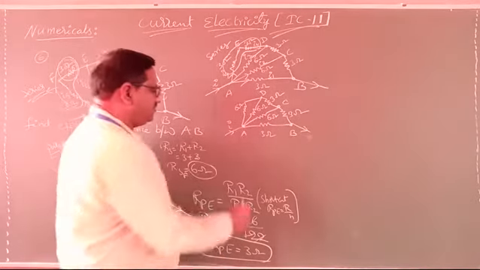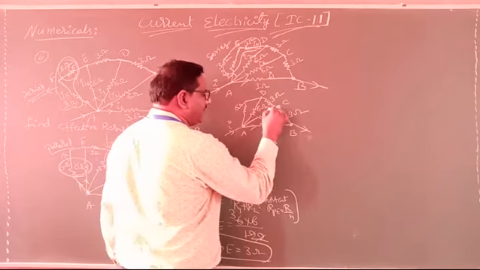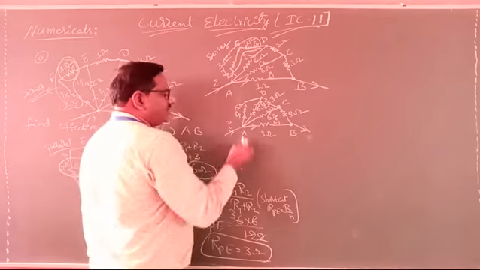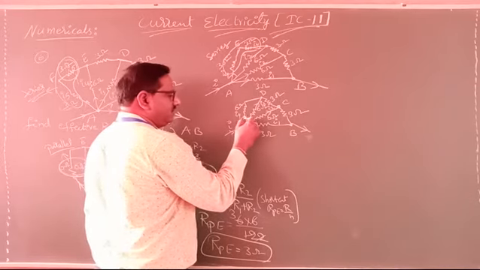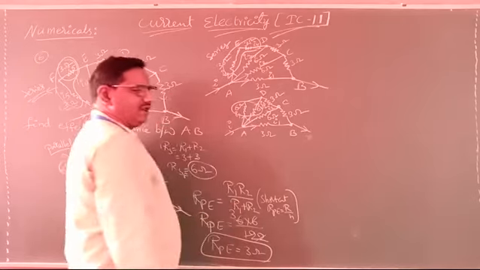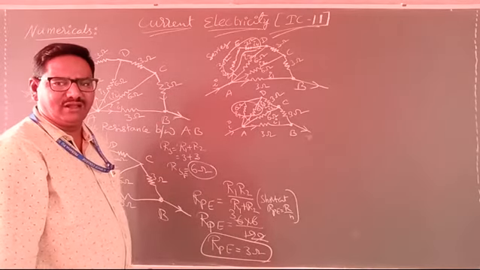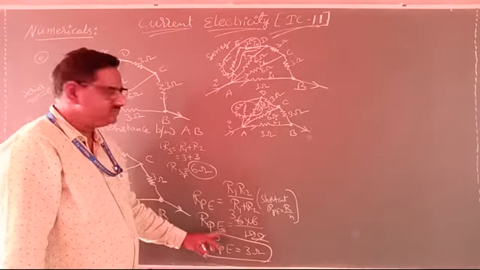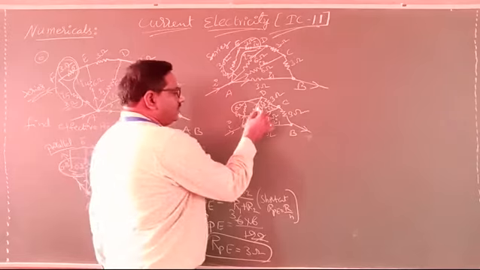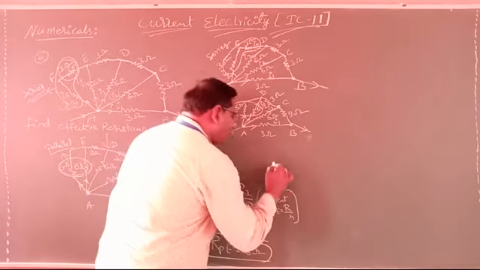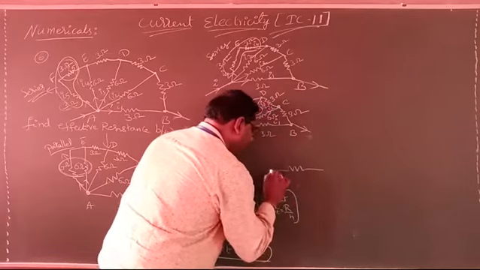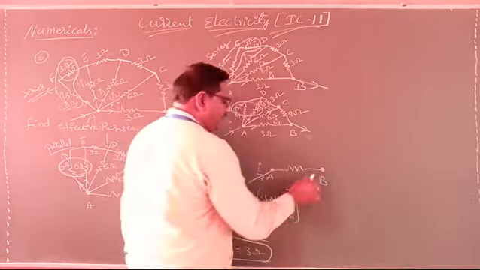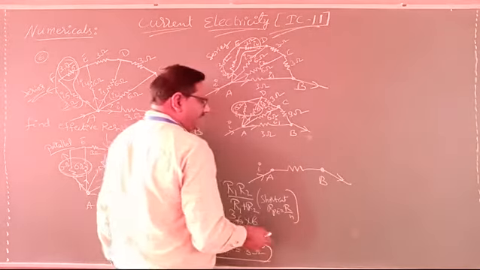Now 6, 6. Here current as I1, here current as I2, here current as I3 and here current as I4. Now the I3, I4 current will split. So these two become parallel. These two become parallel. Do you follow? Now for the parallel combination we will follow the same method. Clear? Now instead of these two, the next circuit I want to write here: it will go from A to B, the current will be I here, and the current will come out from B like this.